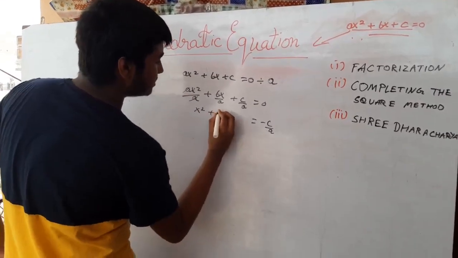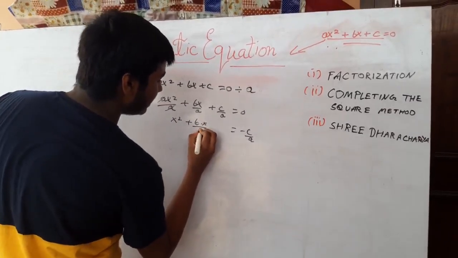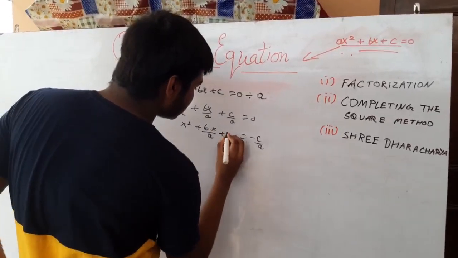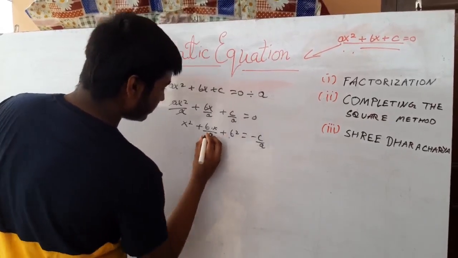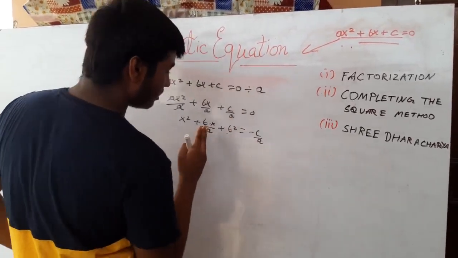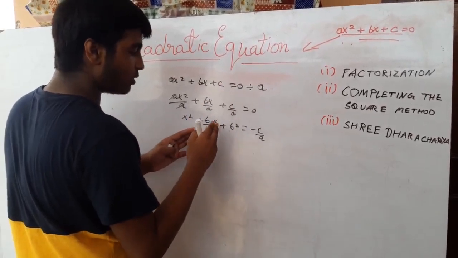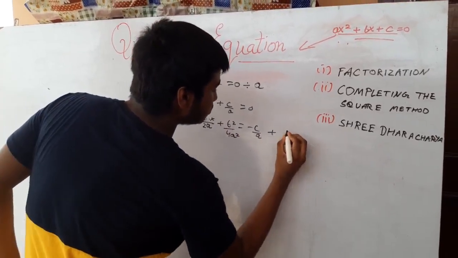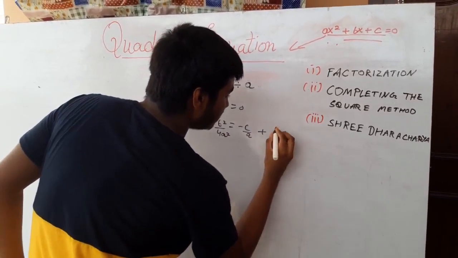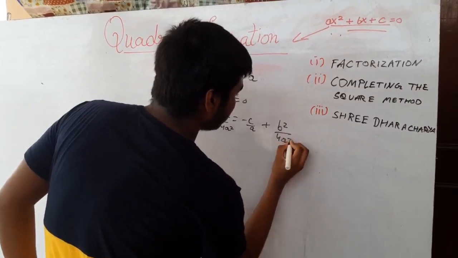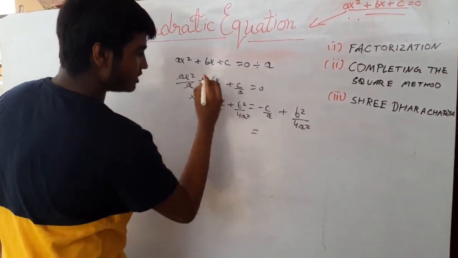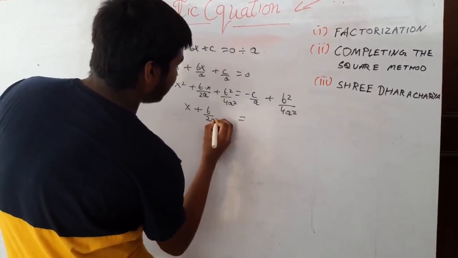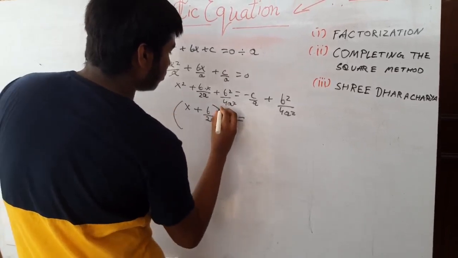x square plus b into x by a. First we'll divide the middle term by 2. So now we'll add the square of the middle term to both sides, b square by 4a square. Now we'll just take the whole square. So x plus b by 2a whole square